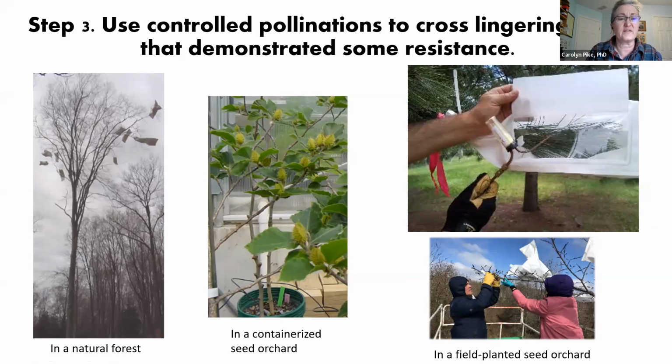So the tree on the far left is a natural forest. Obviously, somebody had a very tall lift to get those pollination bags on. And the pollen bags you can see on the top right, I sometimes like to call them plant condoms just to get a laugh, but it's an isolation bag. You put it on the branch with the flowers in it, isolated before the flowers emerge, to keep other pollen out, and you stick your pollen in the bag. This particular brand of bags has a clear plastic window, so it's really neat. If you're lucky though, as you can see in this one, this is a red pine